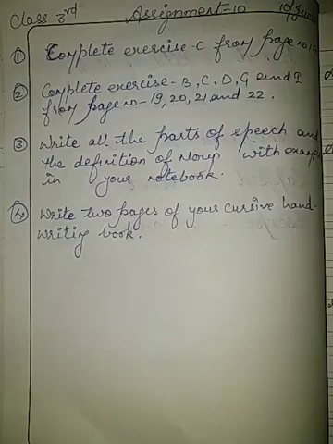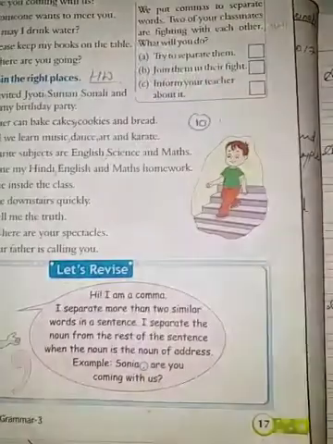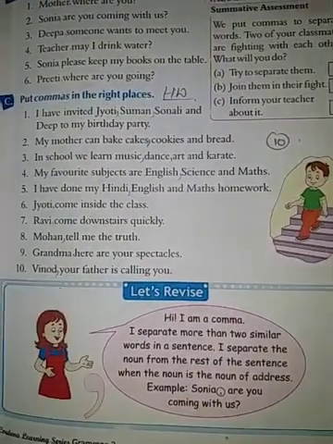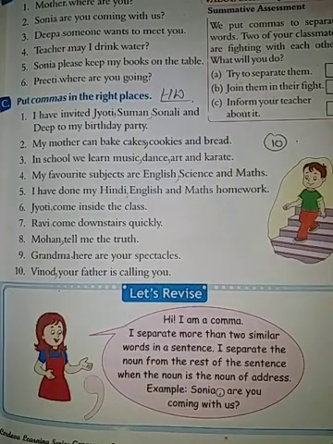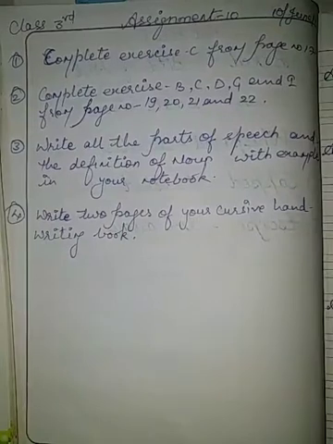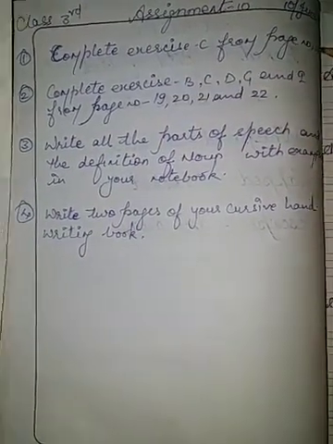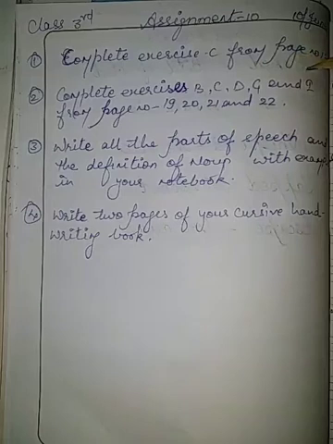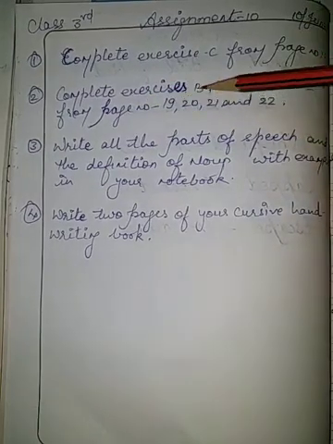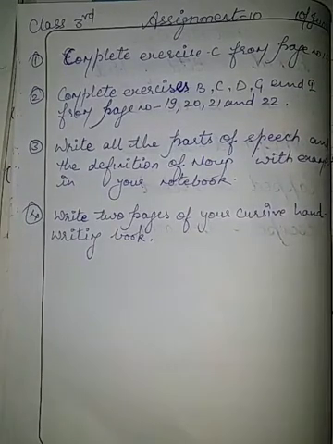You can see that. Here is this exercise. Move to the next assignment: complete exercises B, C, D, G and I from page numbers 19, 20, 21 and 22. Let me show you those exercises.